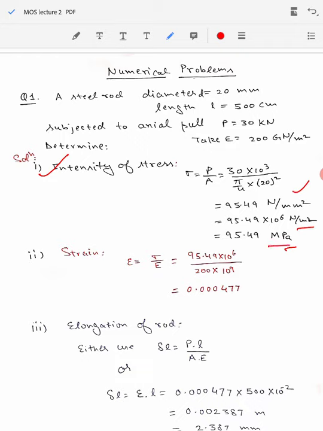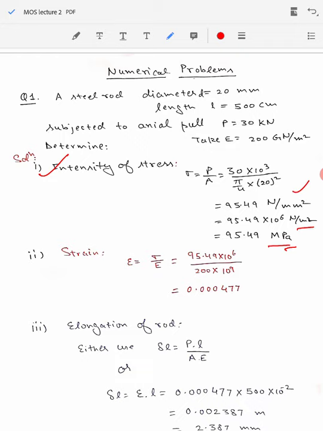So this is the usual way of representing the stress. We usually define the value of stress in megapascal. Which automatically means whatever the numerical value is, you need to multiply it by 10 to the power 6 and the value is given in Newton per meter square or SI units. So 1 megapascal is equal to 10 to the power 6 Newton per meter square.